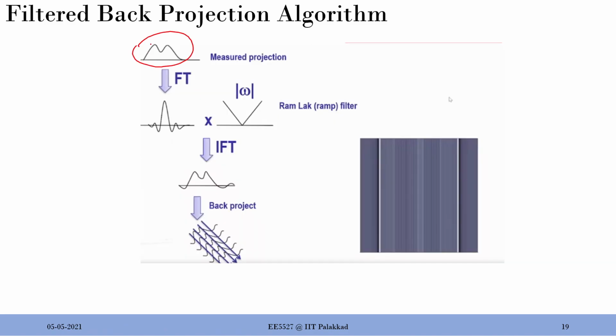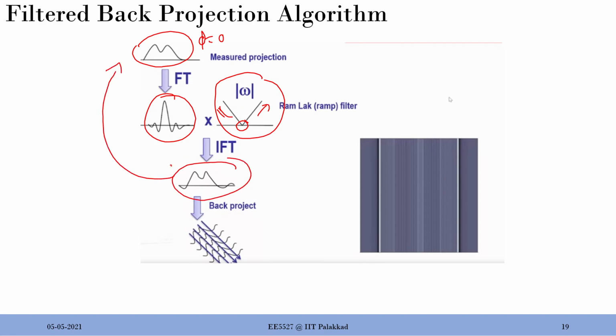So this is the projection matrix. One slice, let's say phi equal to 0, you take the Fourier transform, you get this, then you multiply by this particular factor. This is the filter, which means the low frequencies are attenuated and high frequencies are untouched. Then you take the inverse Fourier transform of this product and you end up getting this. So the difference between these two is, this is filtered and this is unfiltered, and then you do this for all the phi, and then you back project.